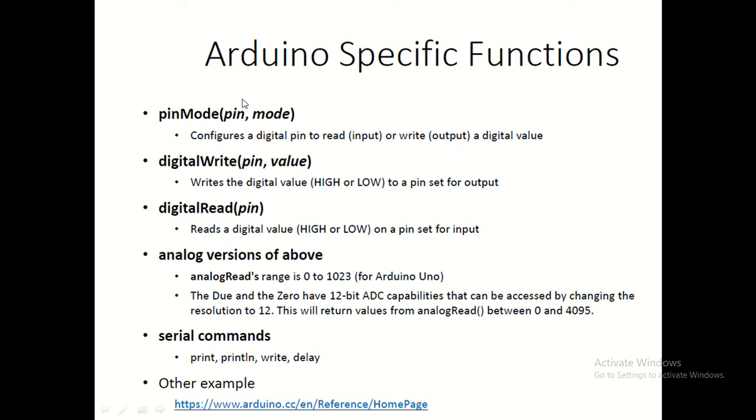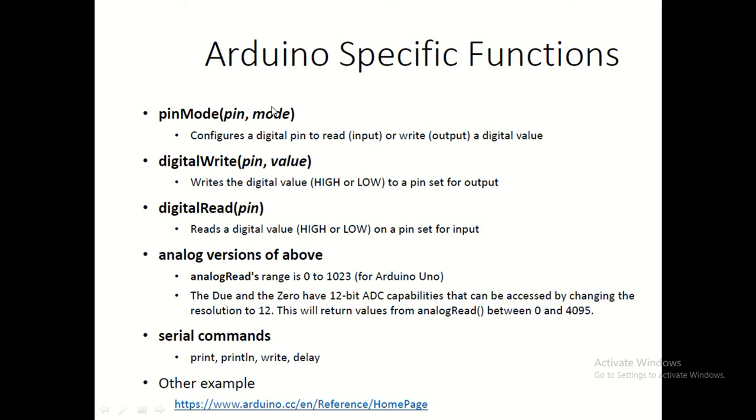The pin means the name of the pin, as already mentioned, D0, D1, D2, D3, which represents the hardware like PB0, PB1, and so on. You have to mention D0 to whatever is the number of the pin, and the mode, whether it is output or input. For example, when you are connecting an LED, then you have to say the mode is output.